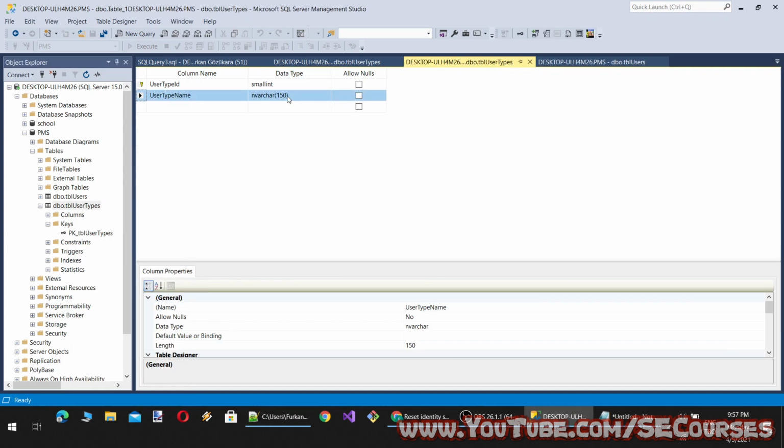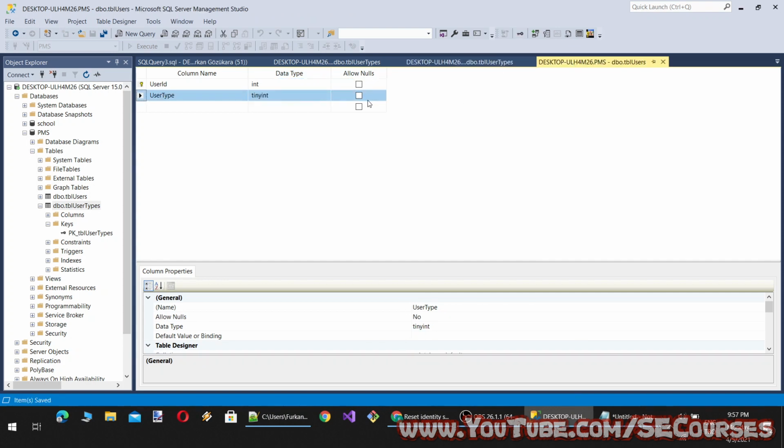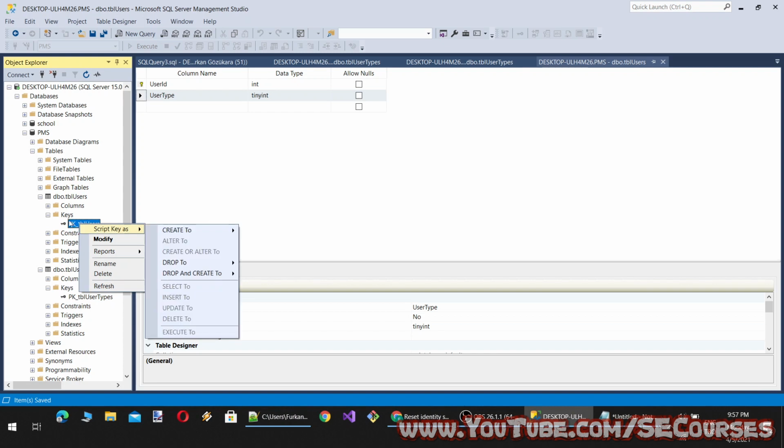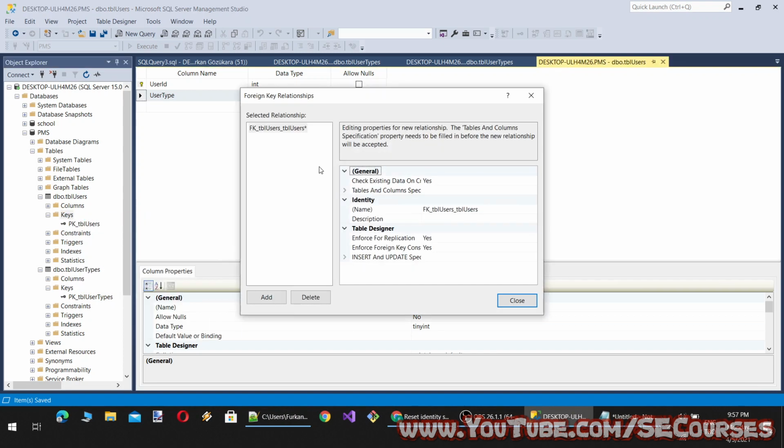So let's open this again. So this will be a small int, and actually tiny int. Yeah. And this is going to have a foreign key. So I am clicking new foreign key, and there are some settings.